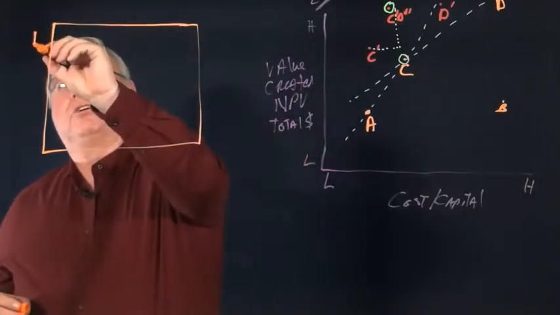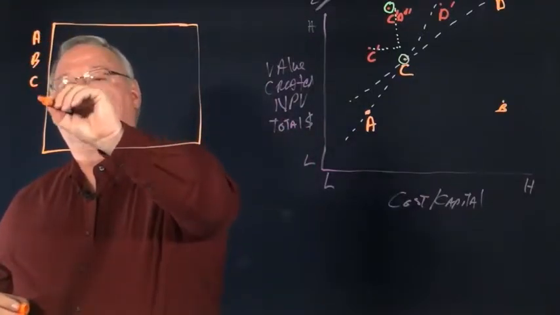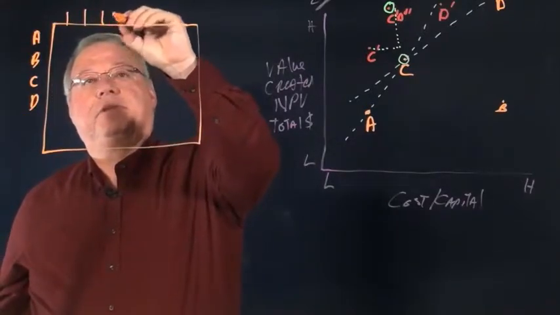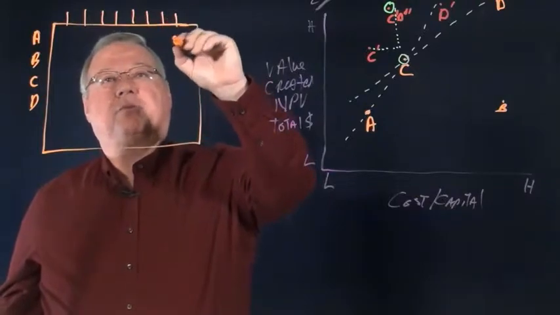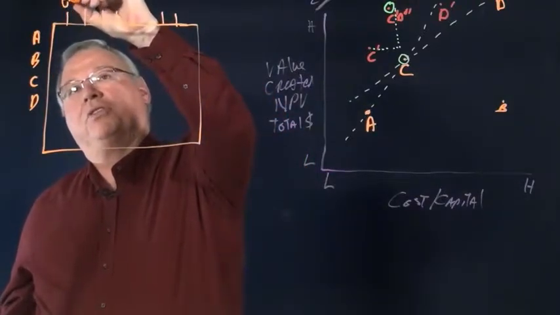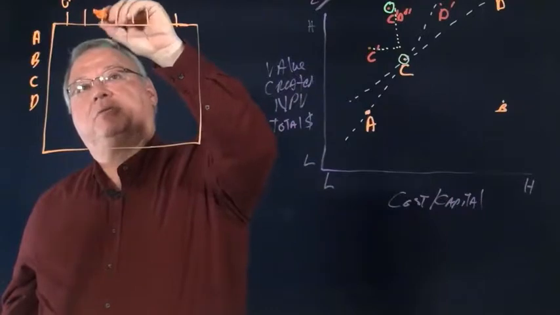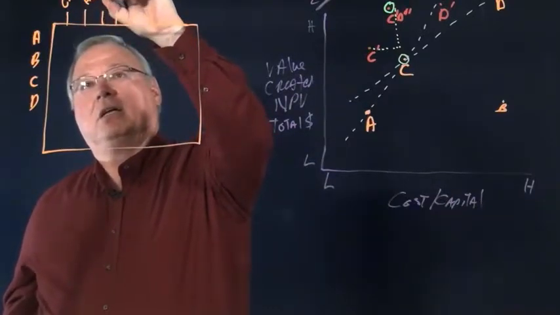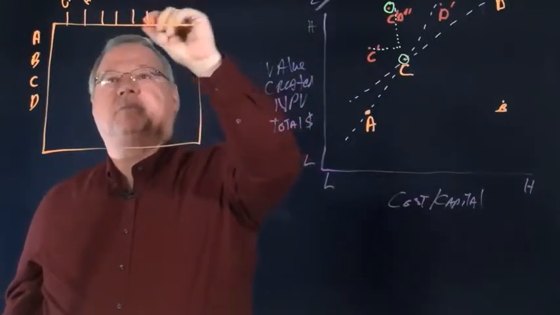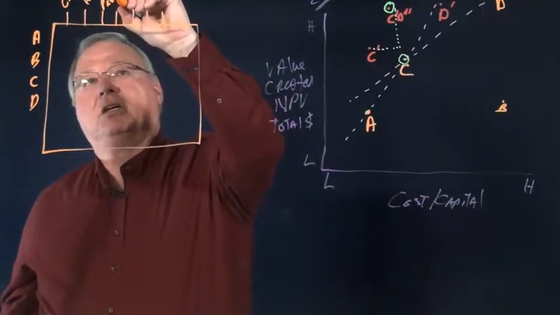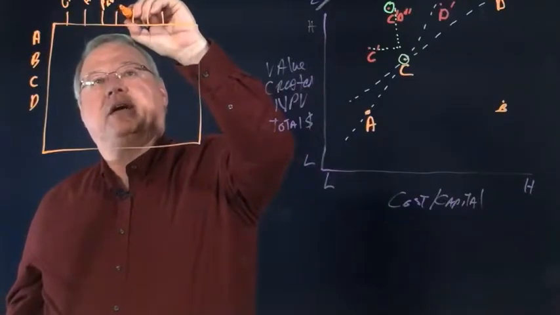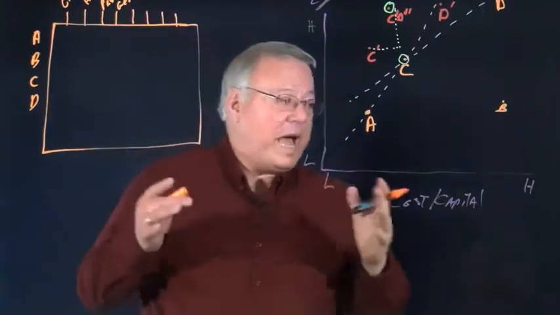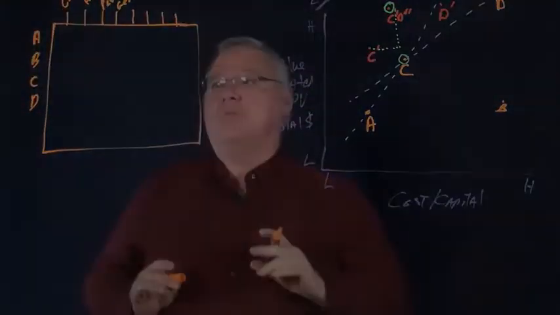I take my alternatives A, B, C, and D, and then I take criteria, factors that I think are important. This one might be growth. This one could be reduced headcount. This might be better public image. This one might be it creates geographic growth. So we have these different factors that we can then measure